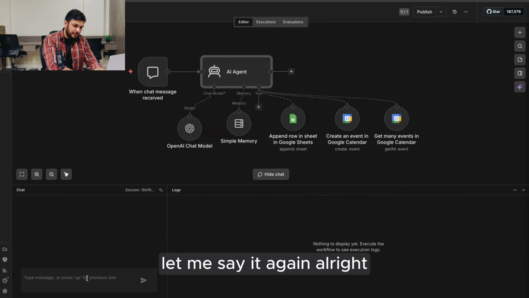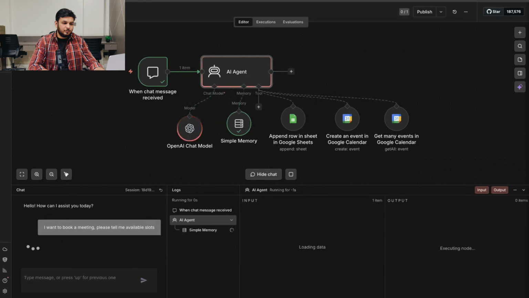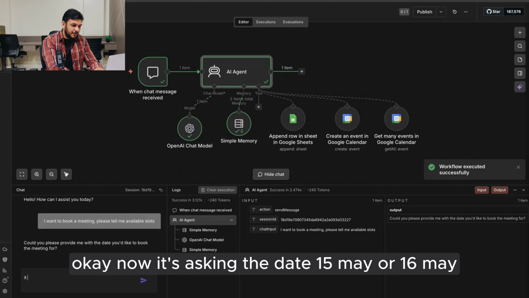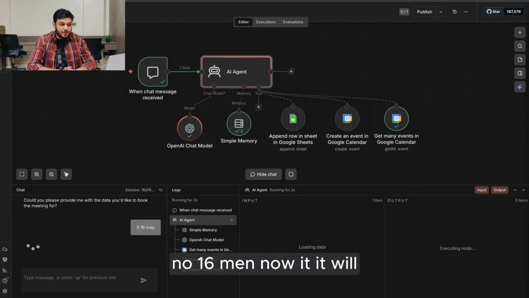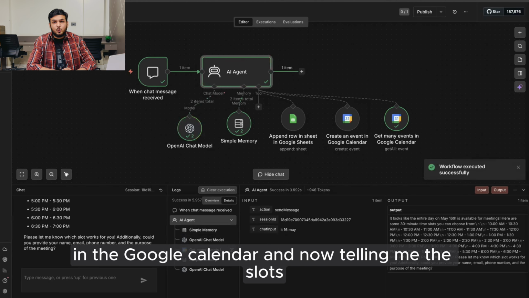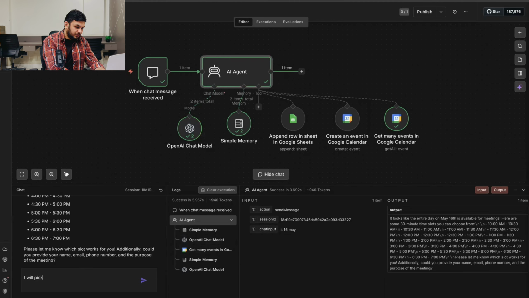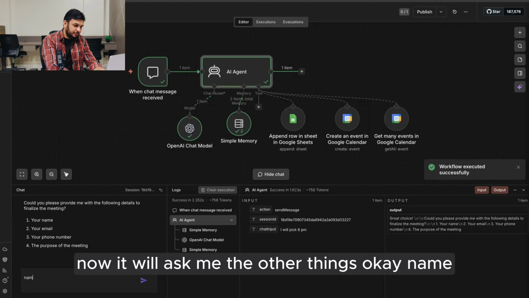Let's reset it again. Hi. Okay, now it's asking the date, 15 May. That's 16 May. Now 16 May. Now it is checking the event availability in the Google Calendar and now telling me the slots. Okay, I will pick. Now it will ask me the other things. Okay, name,